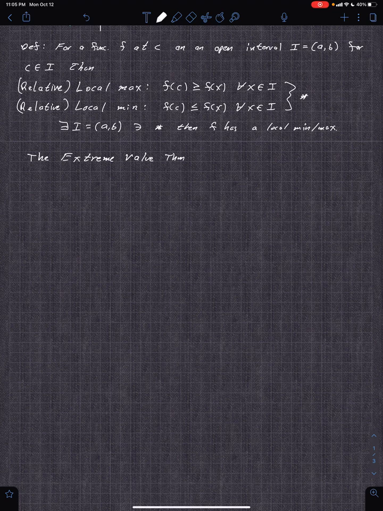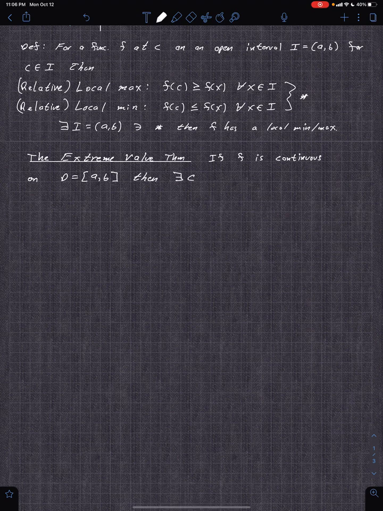The extreme value theorem says if f is continuous on D, an interval, it could say I there, it doesn't matter. Whatever book I got this from, they use D. Then